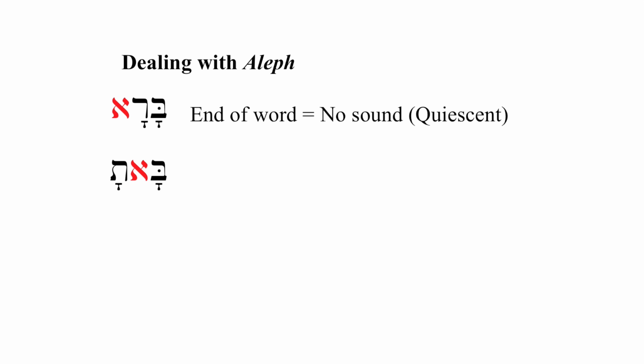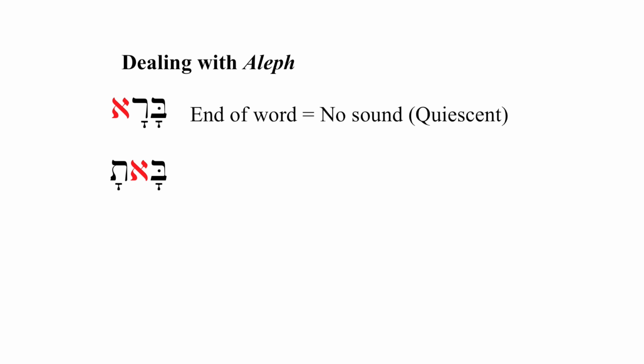With aleph, you'll find the same kind of thing. Aleph has a tendency to become quiet. It has no sound anyway. It loses its function consonantally, and as a result, it shows up in the word only to help you spot spelling. At the end of a word, aleph has no sound. It's obviously going to be quiet there anyway. It's not going to have any consonantal function. In the middle of the word, you tell the same way with aleph that you did with the other letters